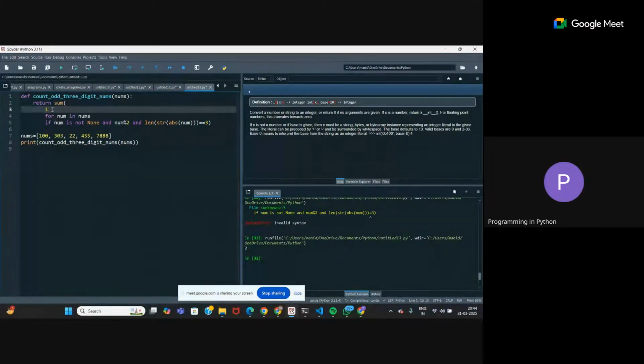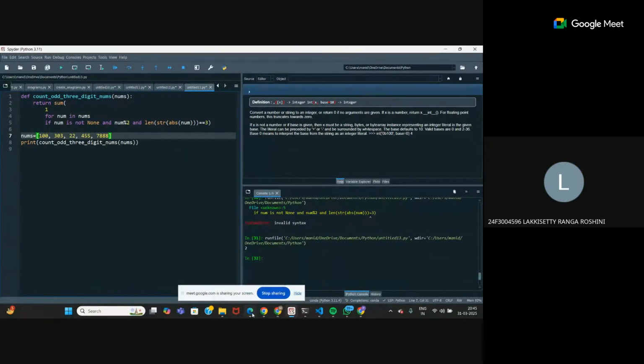So can we also basically use count, right? Count, you can also, I think instead of sum, count is simpler. Yeah, that's why I used count first. Ma'am, can I write count here instead of sum? If we change it to count, then instead of 1, we need to use num, correct? That's another way. For every num, if the conditions are correct, then it will count that. Ma'am, is it necessary to use 1 there, or can we use anything? If you don't use 1, I mean, this is sum, right? So it is adding 1 for every iteration if the condition is satisfied.